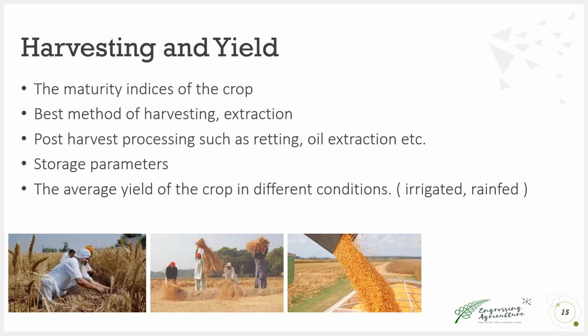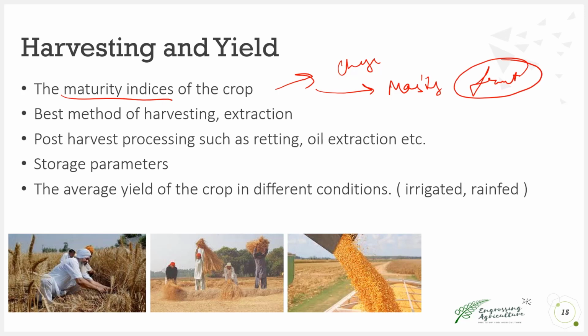We must know the maturity index of the crop, such as in wheat, the change of color is important. The moisture amount in the seed is also very important. In fruits, if we have studied horticulture, maturity indexes are really important for picking a properly ripened fruit. Best method of harvesting and extraction, such as the sickle in the picture, which is for manual harvesting,